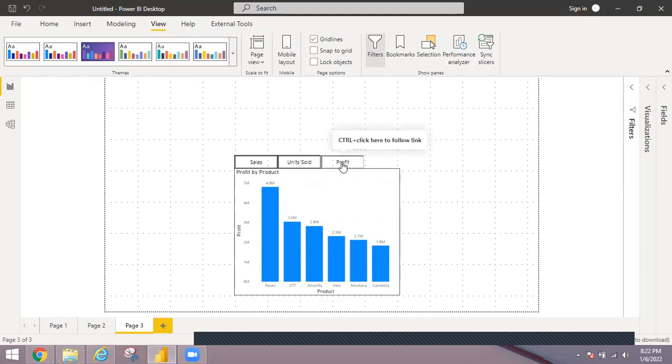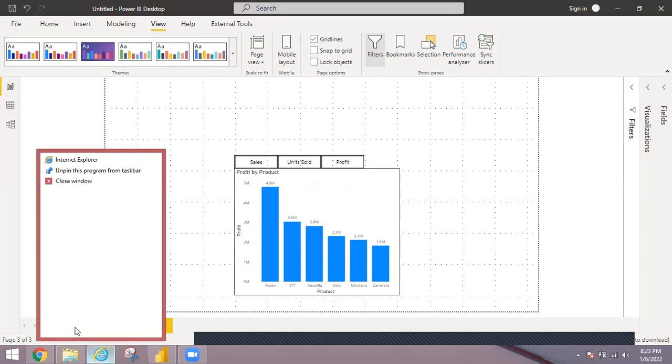So I see sales, unit sold, and profit as my bookmarks. Clear with this? This is what we call a tab layout. Any questions here? No, sir. Exactly similar to this, we can design one more layout with the help of bookmarks, which is